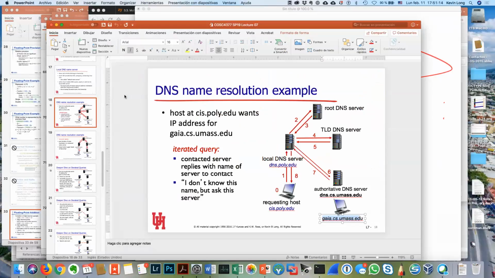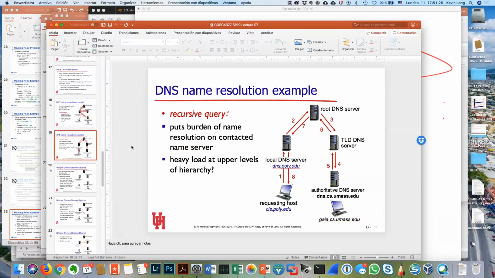So this is called an iterative query. You contact the server, and this guy goes to all the others necessary to get the answer. The other way of doing this is called a recursive query, and this one suggests that each server goes and finishes the task for you. You ask each person once. I ask him, he asks him, but then he goes and takes care of the rest, and then the answer